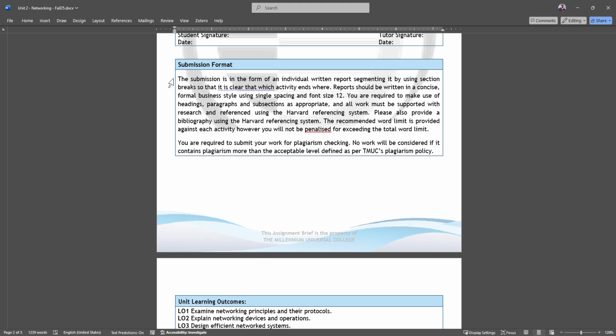But you need to make sure that you include the in-text citation against every information that you include in your work. And at the end of the report, you need to add a table of references or bibliography. Okay. You must keep in your mind that your work will be submitted to Turnitin for plagiarism